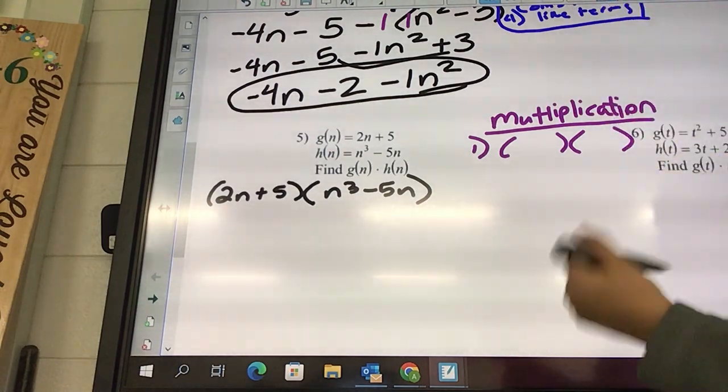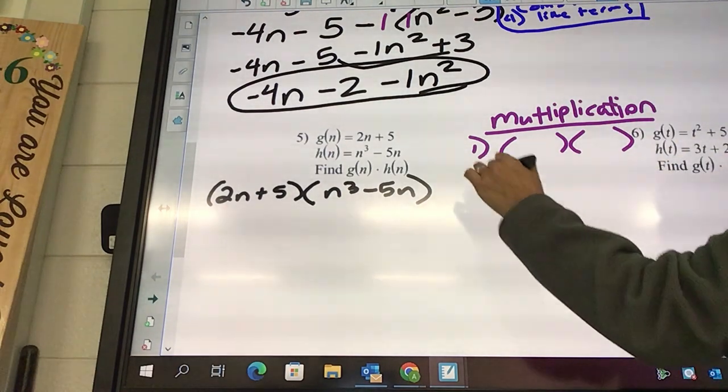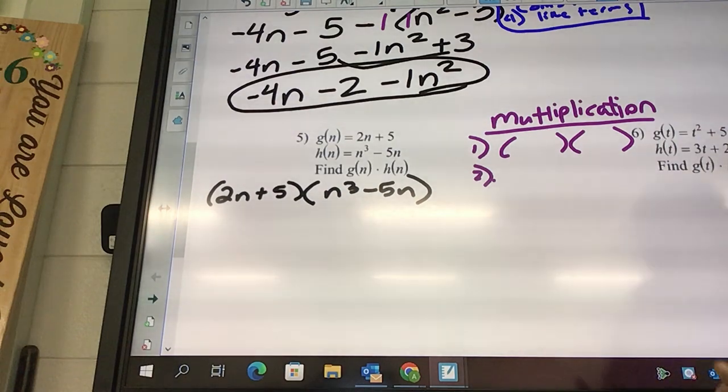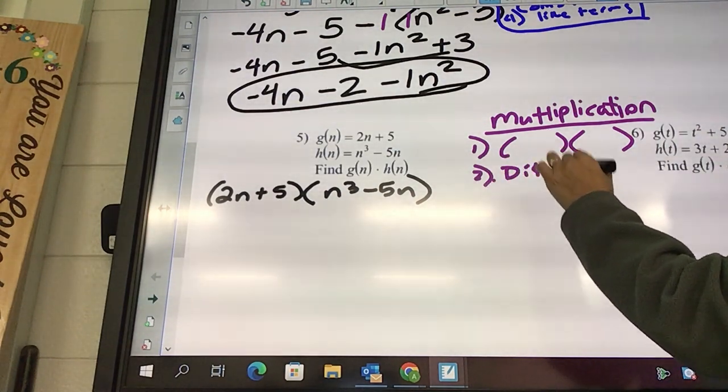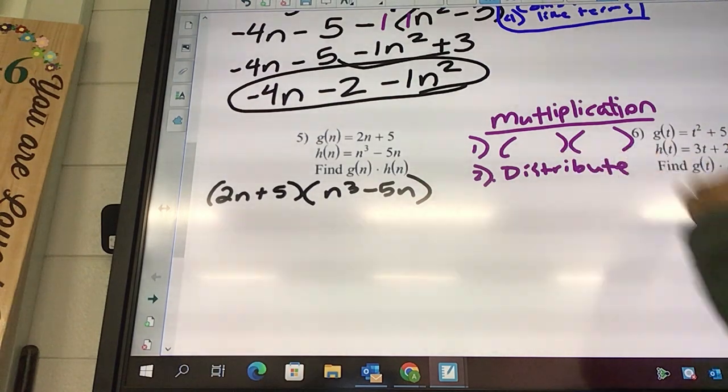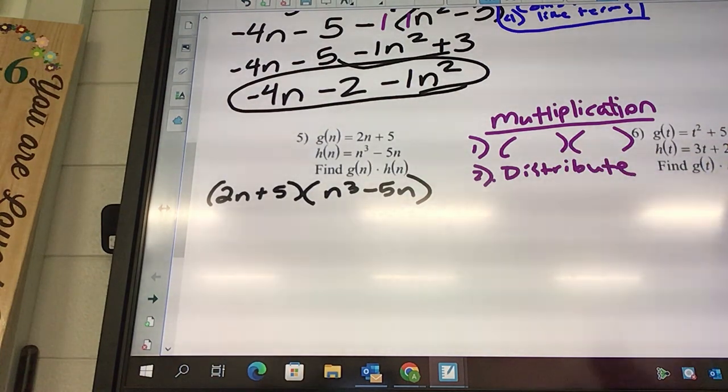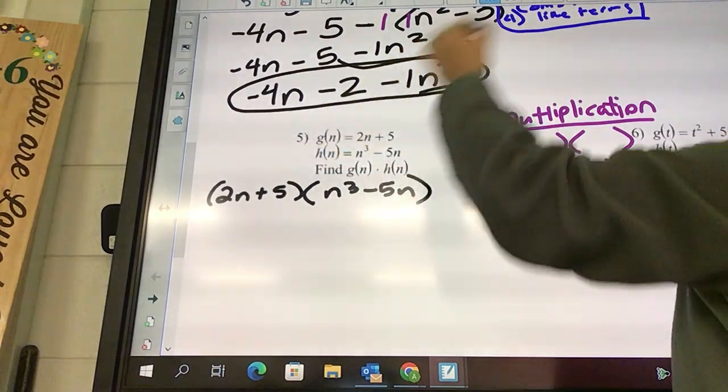Okay, the second step, and it's kind of hard for me to write, so you're just going to have to, I don't know if you want to try to write it on your paper, but it's to distribute, but it's not the same kind of distribute that you're used to, okay? It's really called foiling, okay? So, you're going to say